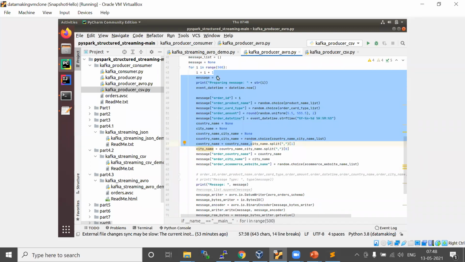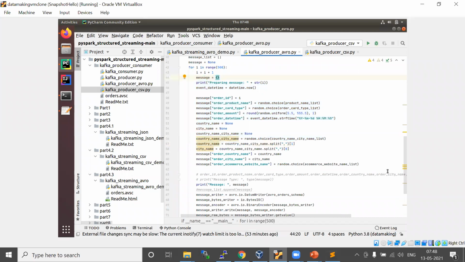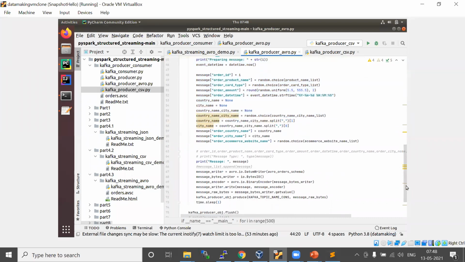Again, you make a dictionary, which is like a JSON object, and finally you need to use some encoder.